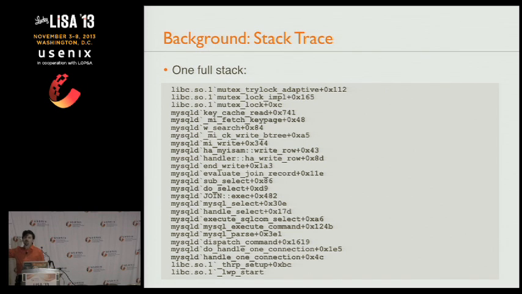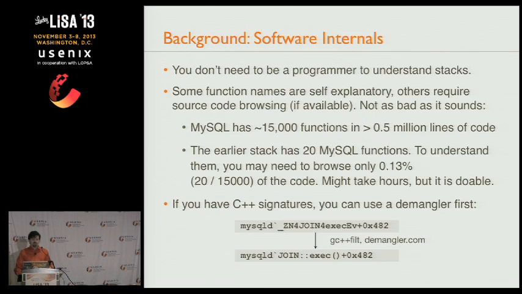And once you understand those 20, you'll find that many of the functions are repeated, they're key functions. And as you look at other stacks, there's not going to be that many unique functions depending on what you're profiling. So the entire body of software for an application may look really intimidating. It may be 500,000 lines of code. But the code that's actually active and is executing is a small fraction of that.